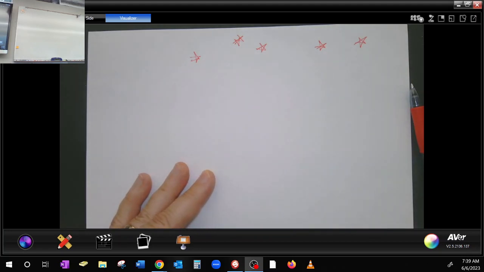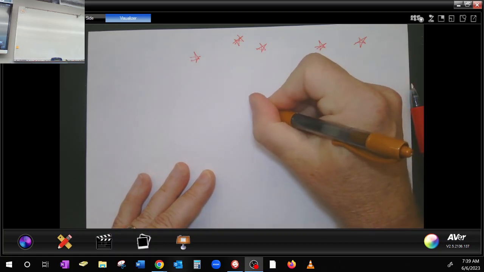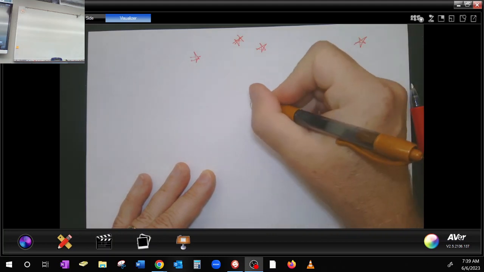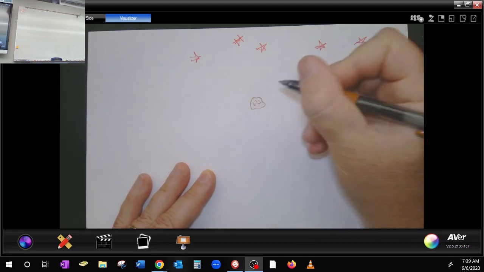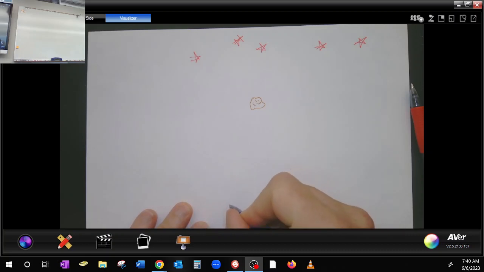object heading towards the Earth. Let's say it's an asteroid. Does it look like an asteroid? And it's heading towards the Earth. How could we figure out how far away it is? Well, we could use that stellar parallax, which if from the Earth